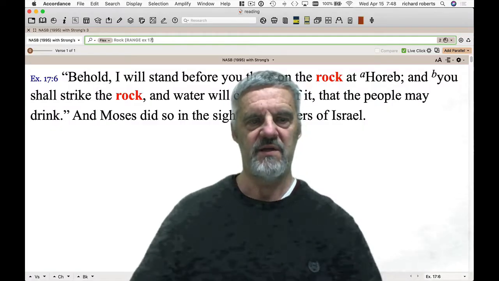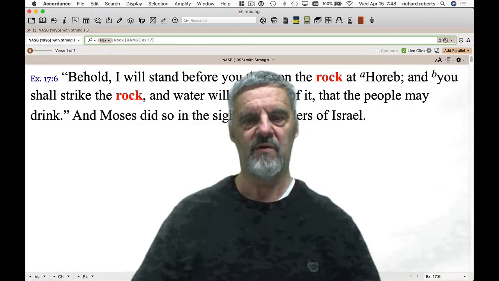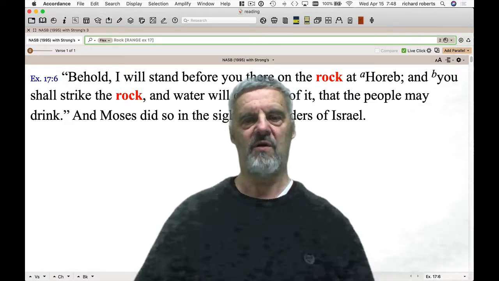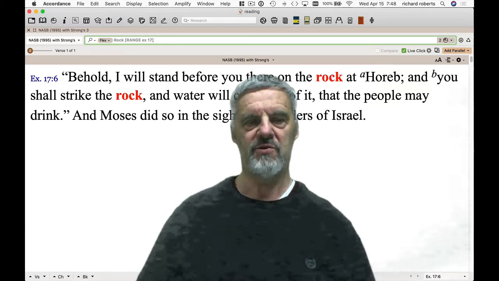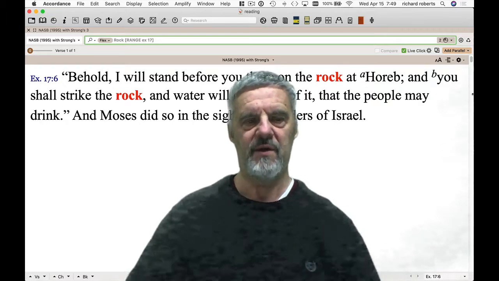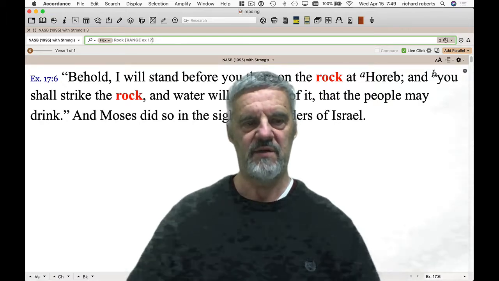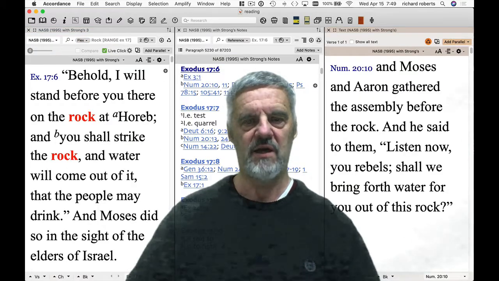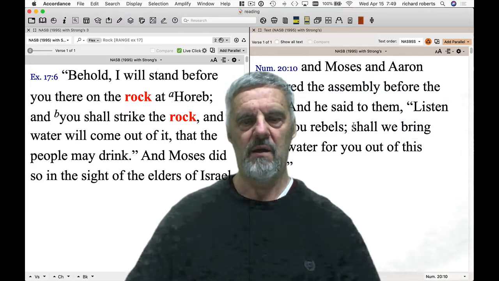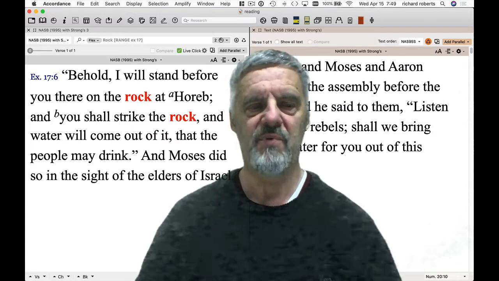But let's look at an example in Exodus 17. This is where the Lord brings water out of the rock at Mount Horeb. And the Lord says, I will stand before you there on the rock at Horeb, and you shall strike the rock, and water will come out of it. So this, of course, happened in Exodus 17, and then we're also going to see it happen in Numbers chapter 20, where, again, water is brought forth out of the rock,